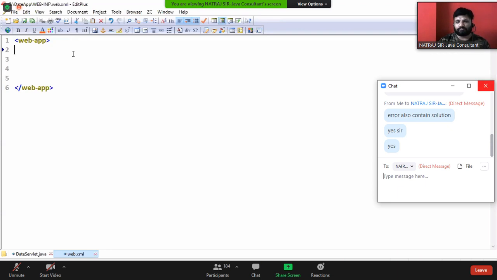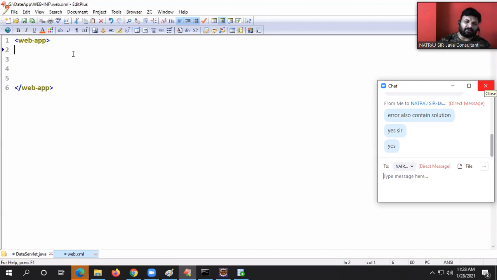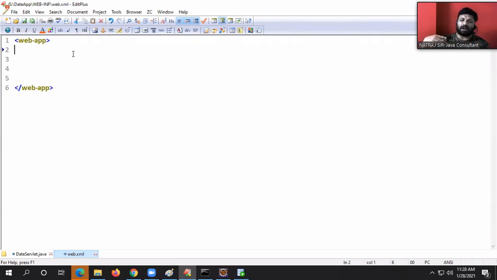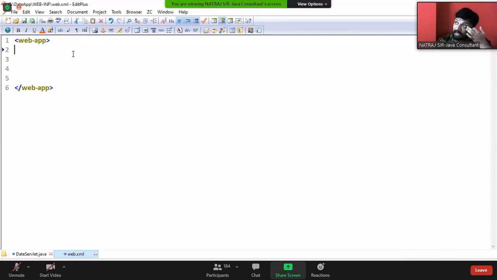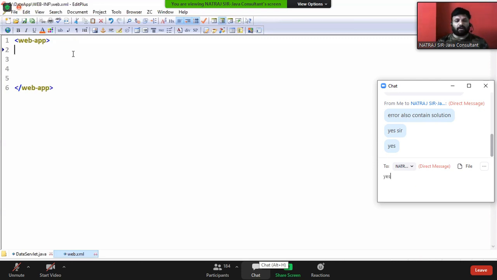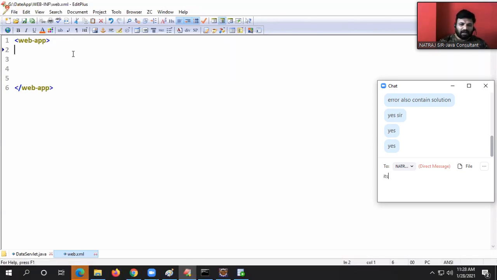Suppose I am driving a vehicle on the left side, someone is driving on the right side, someone does not follow. So that's why in India there are traffic rules to follow. If you don't follow traffic rules, it's impossible to control the traffic.